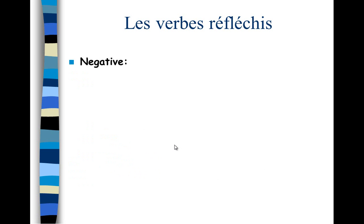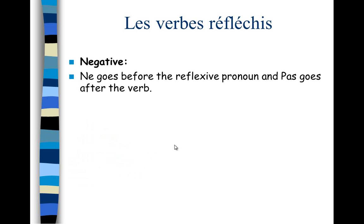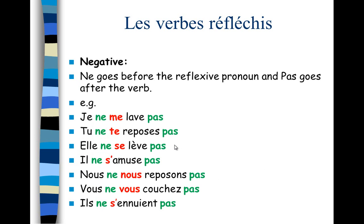So what happens in the negative? Well, the ne goes before the reflexive pronoun and the pas goes after the verb. So it's pretty much what we've been used to, the ne and the pas sandwiching the verb. But this time, we just need to remember that the reflexive pronoun goes before the verb as well. So these mustn't be separated. Je ne me lave pas. So these two stay together, and the ne and the pas